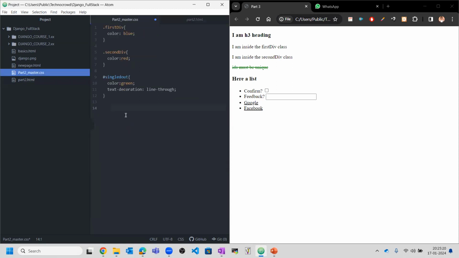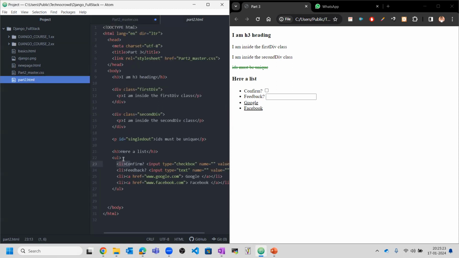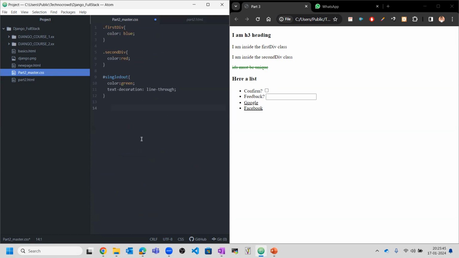Okay, so I can do this by adding a division tag. I can put this whole content into one division like that. But here I have not added any division tag, and I want to add the CSS to this whole HTML. So for that I will use the method of adding two or more tags. So you can add the two or more tags, so that H3, then plus, and after that I want to add the CSS on UL, that is